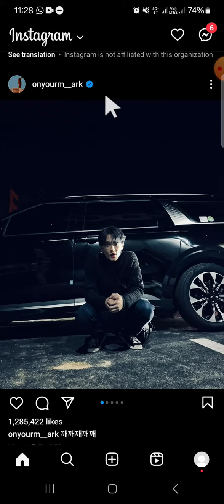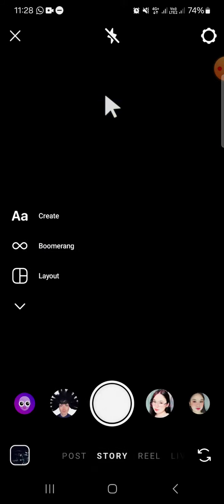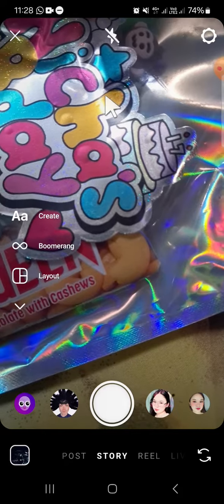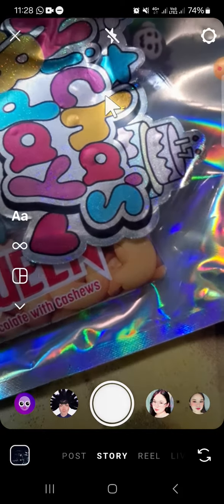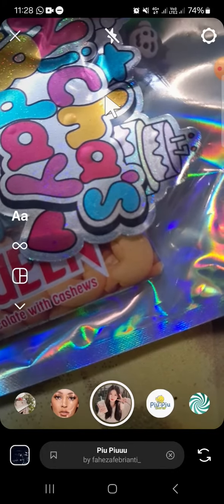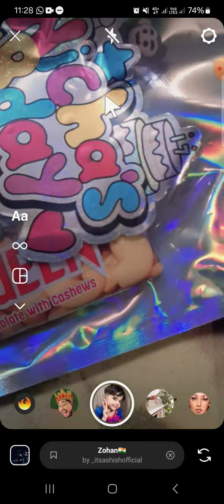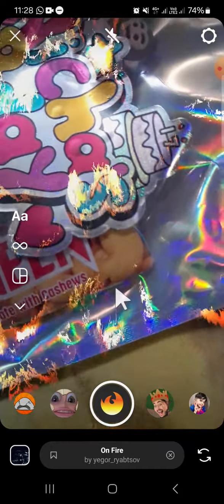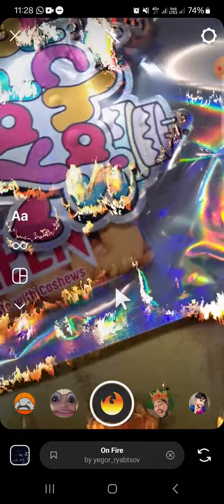First of all, I'm going to swipe right on my screen to open the Instagram camera. Okay, and we can select the folder or effect that we want to share, and we can scroll our screen like this to find the folder or the effect. For example, I'm just going to select this folder and I'm going to share this folder or effect to